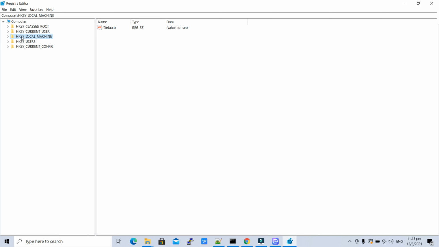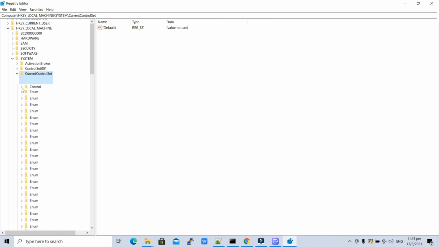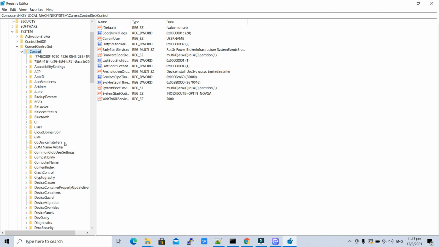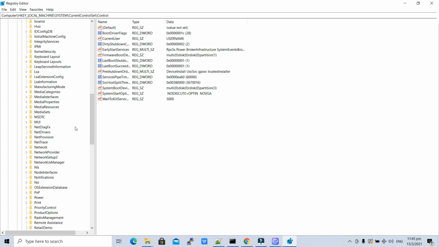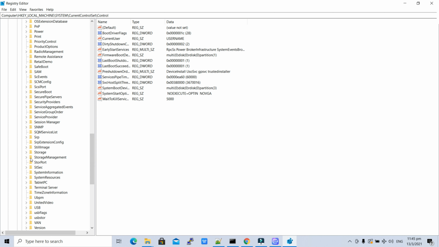Just open it and you will find HKEY_LOCAL_MACHINE. Inside it, go to System, then CurrentControlSet, then Control. Then search for Storage. You can see StorageManagement, but we have to search for StorageDevicePolicies.